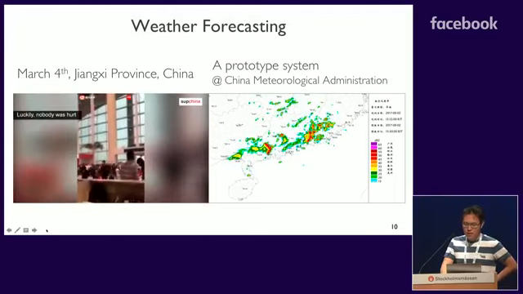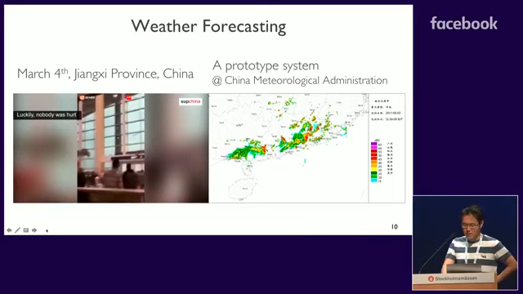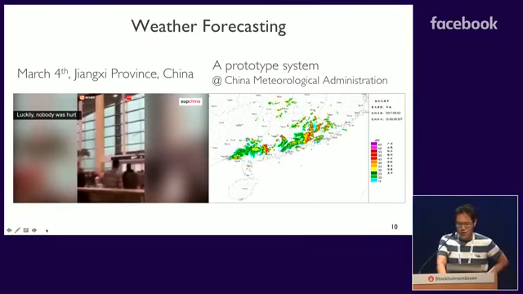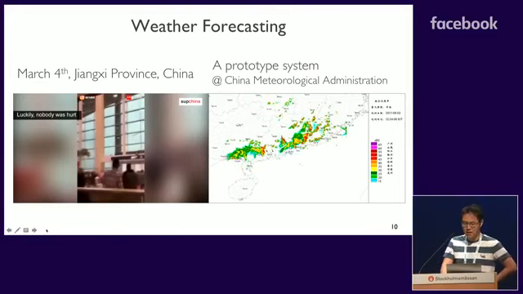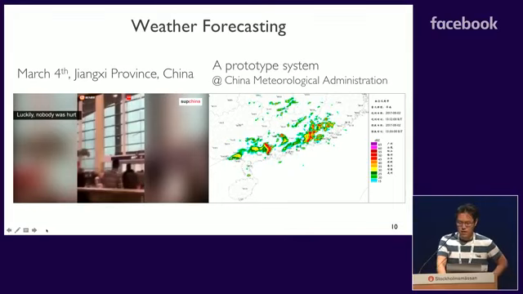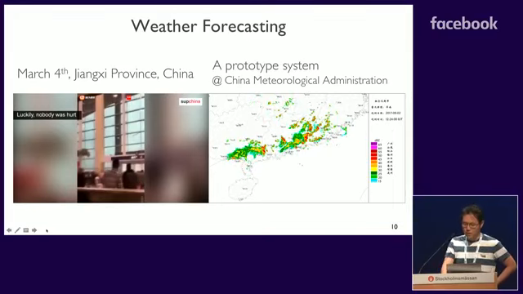Afterwards, the government tested our model with the data from that day, and they found that our model achieved better prediction results than their older systems. So if we use it earlier, maybe we can take precautions.